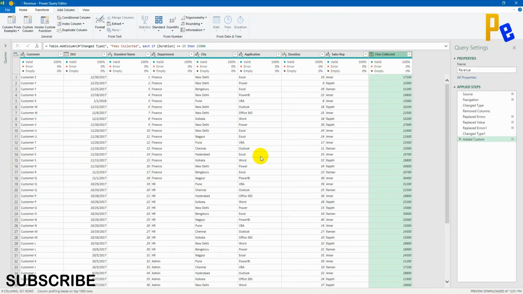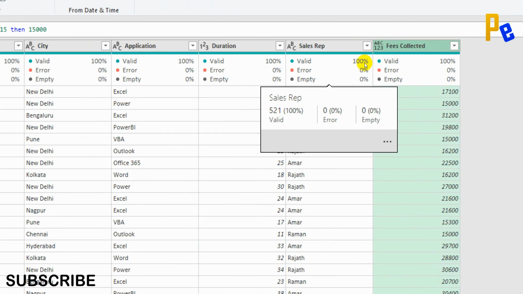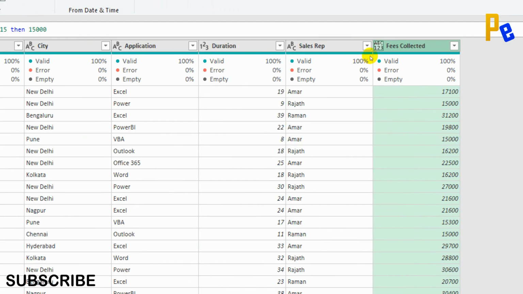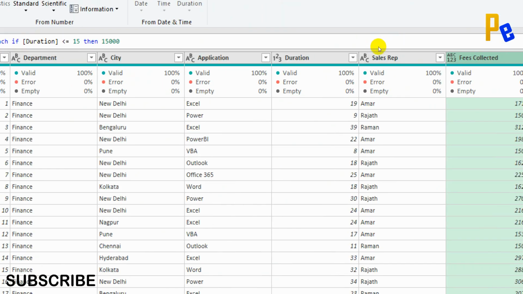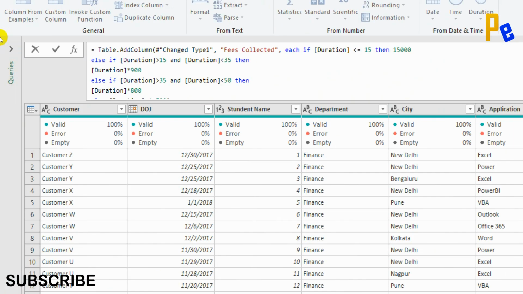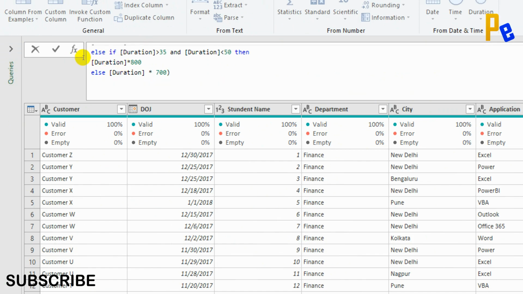But this data type again is not clear. Excel Power Query is not able to understand what data type it is. There are two ways of doing it. One is just click on the ABC123 and change the data type, which I have explained in the previous video. That is the reason you need to watch the previous videos to understand what exactly we have discussed. Otherwise, you can just expand the formula and type a small piece of M query.